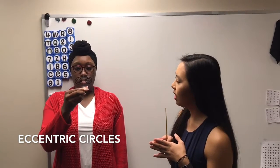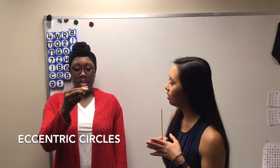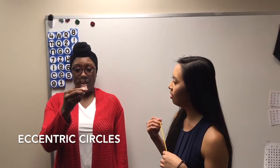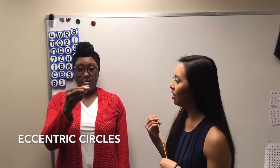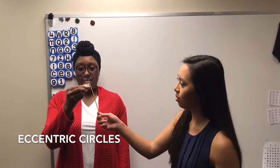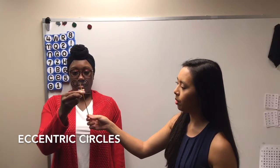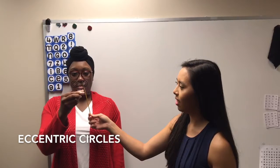Good. So when you're looking at that third circle, do you see another one on the inside? Yes, I do. And does it look like it's coming towards you or away from you? It looked like it's moving away from me. Good. And then the words clear, are they clear? Yes. Perfect. So Tree is very good at this activity, but if you're having a little bit more trouble, you can always just take a pointer, put it on the side that's closer to the patient, and tell them to look right at the tip of the pointer, and then kind of guide their eyes in